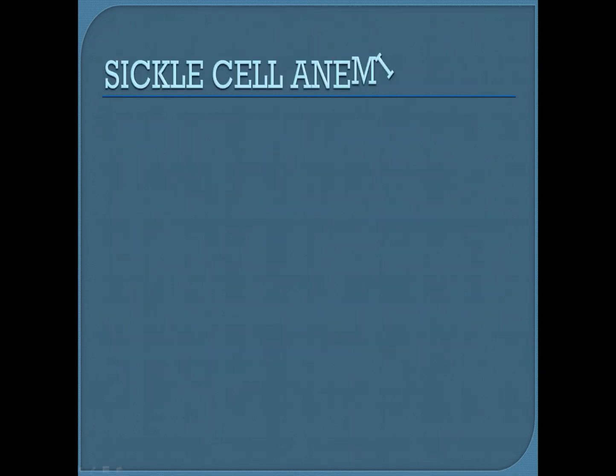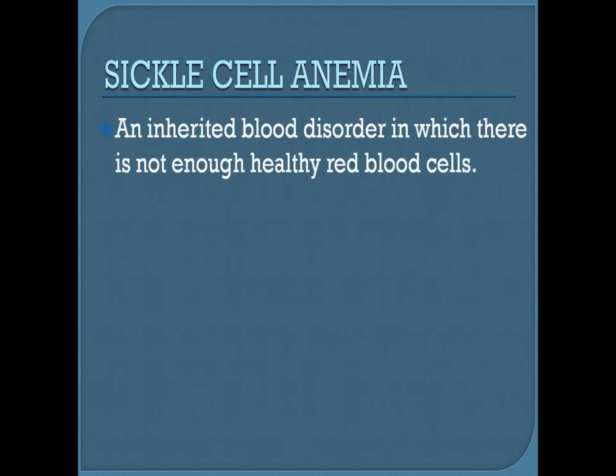Sickle cell anemia or sickle cell disease. It is an inherited blood disorder in which there is not enough healthy red blood cells to carry oxygen throughout the body. Normally, the shape of the RBC is like a disc, which gives them flexibility to travel even in the smallest blood vessels. But in sickle cell anemia,